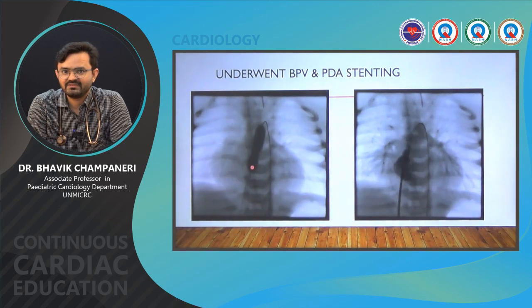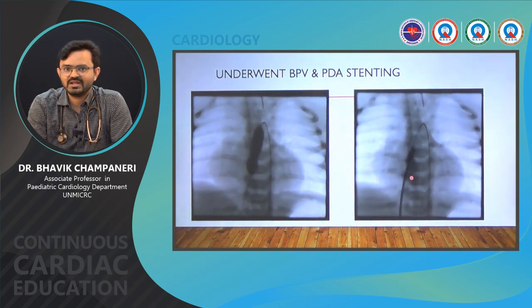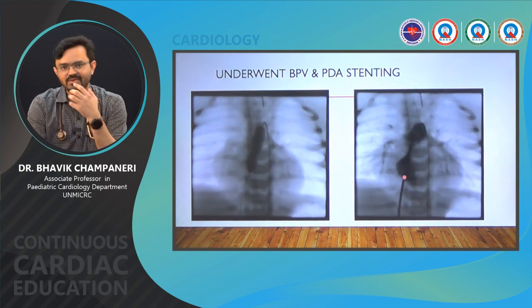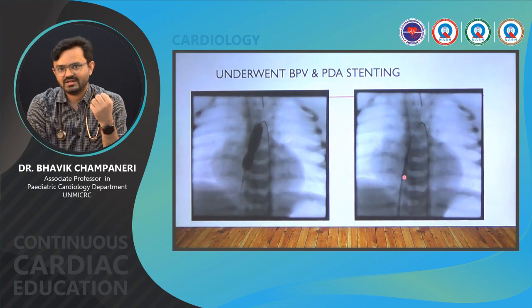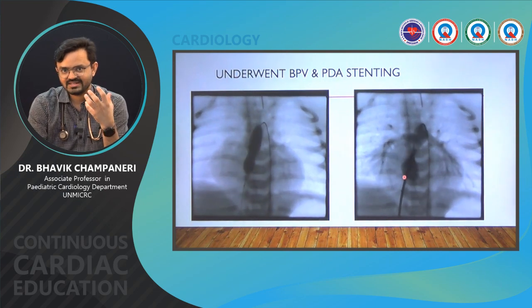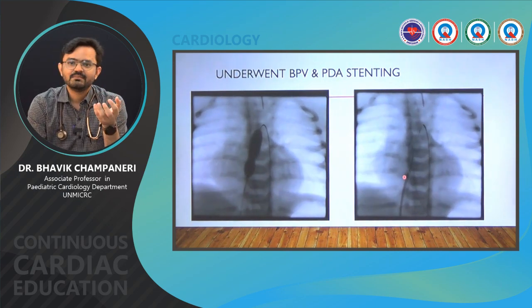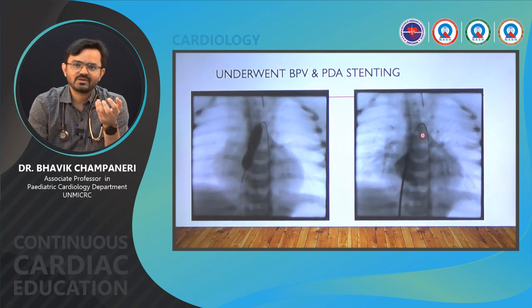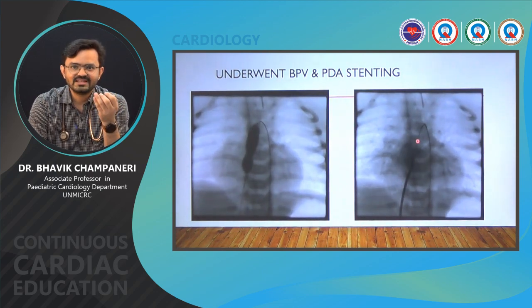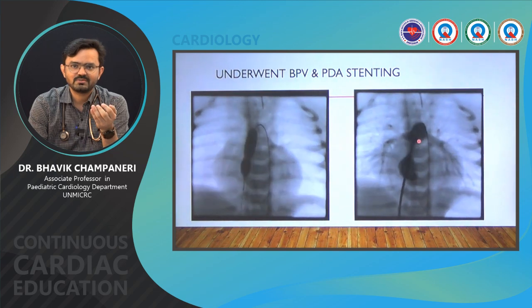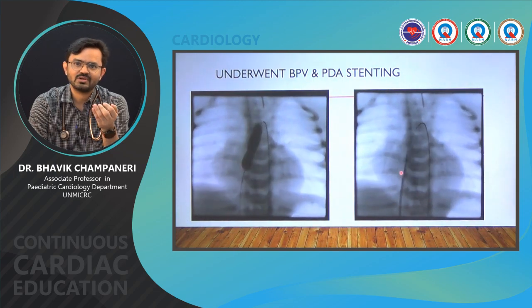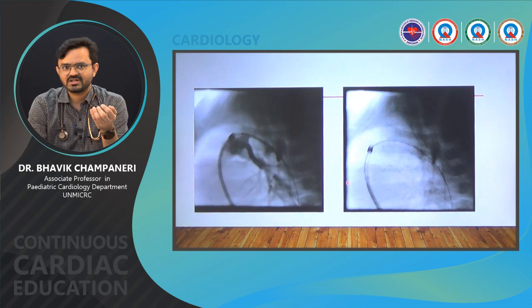This is a balloon being inflated, and as you can see, post balloon angio, the RV is so hypoplastic. So this RV is not able to accept the preload of RA, the blood from RA. That's why the PFO is shunting right to left. So the pulmonary blood flow may not be adequate for these patients, and they may remain blue because less blood reaches the pulmonary artery circulation because of the small RV, and that's why this patient underwent